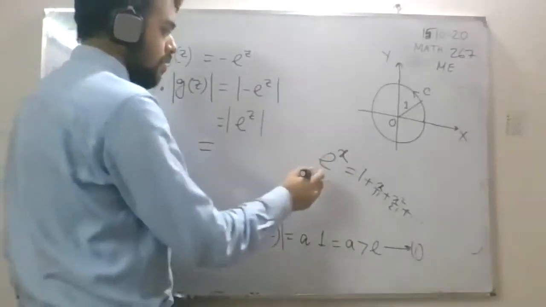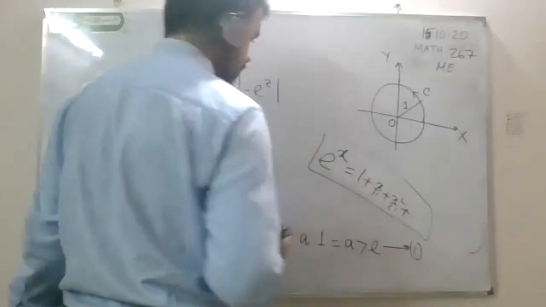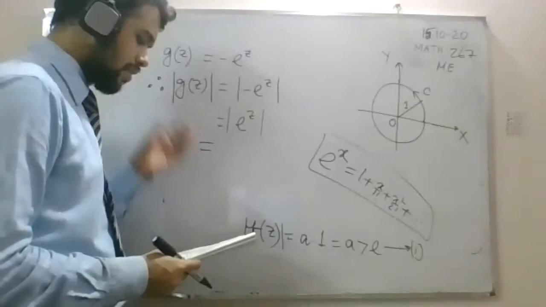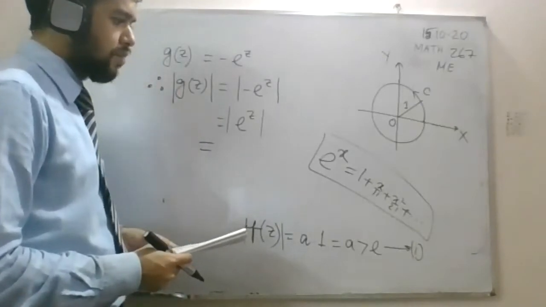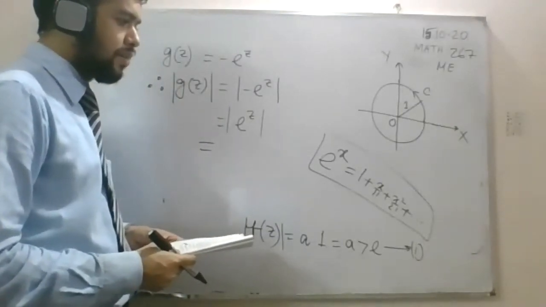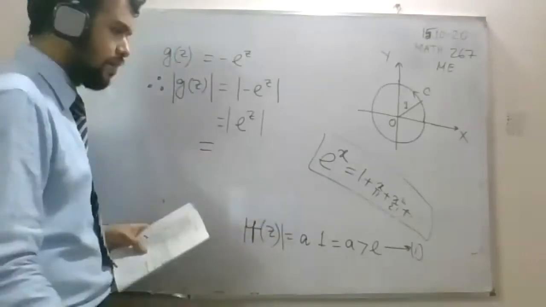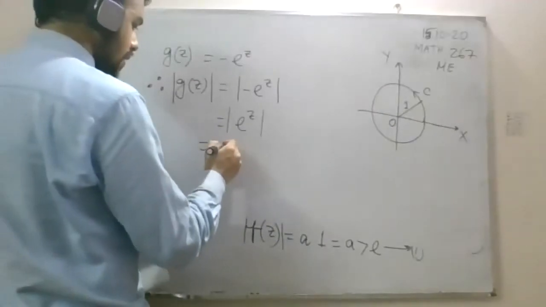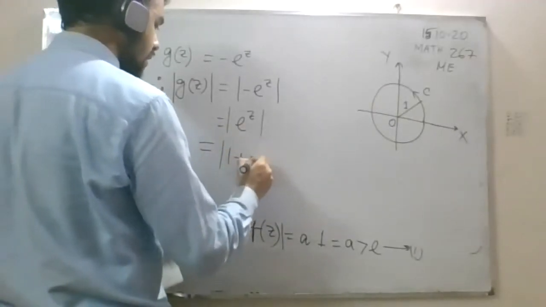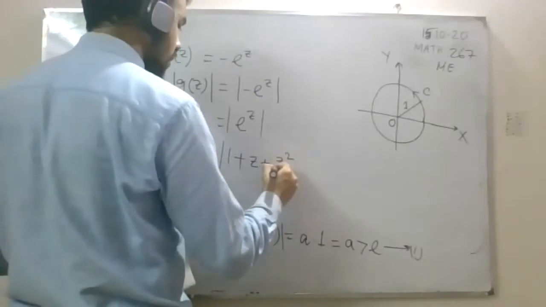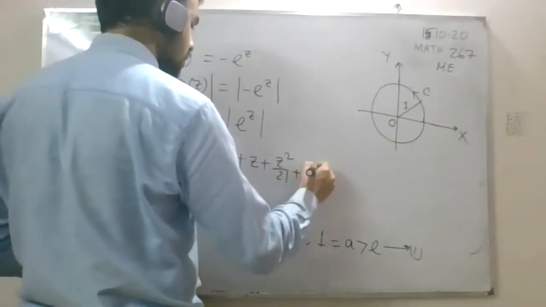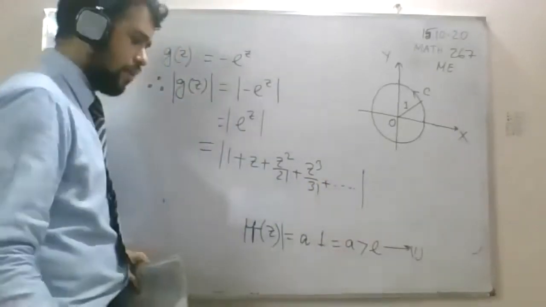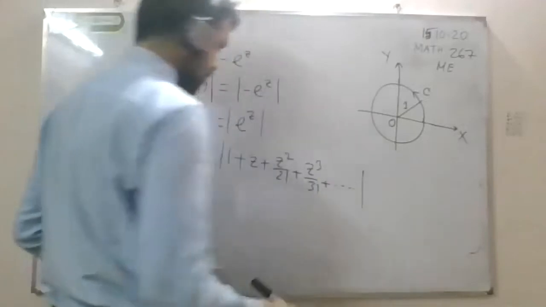Okay, so yes, this is right. e to the power x equals 1 plus 1 by 1 factorial into x plus 1 by 2 factorial into x square and so on. Okay, so you can write this thing like that: 1 plus z plus z square by 2 factorial plus z cubed by 3 factorial. And from here, you can also say